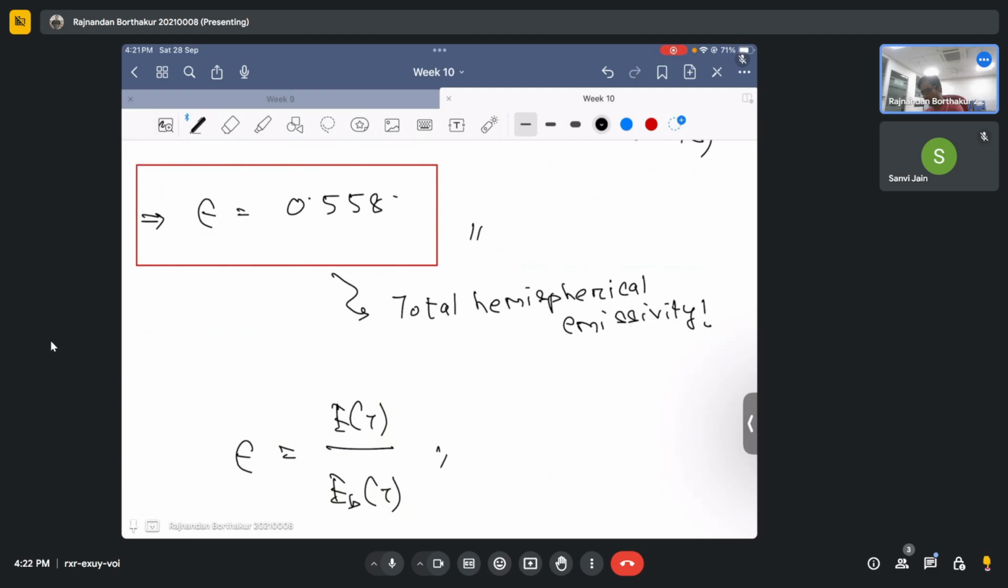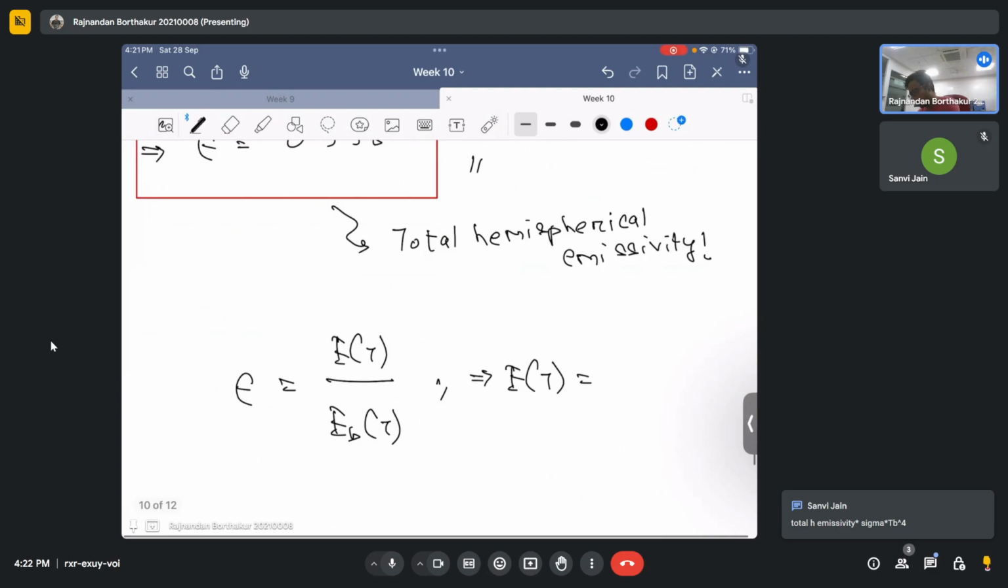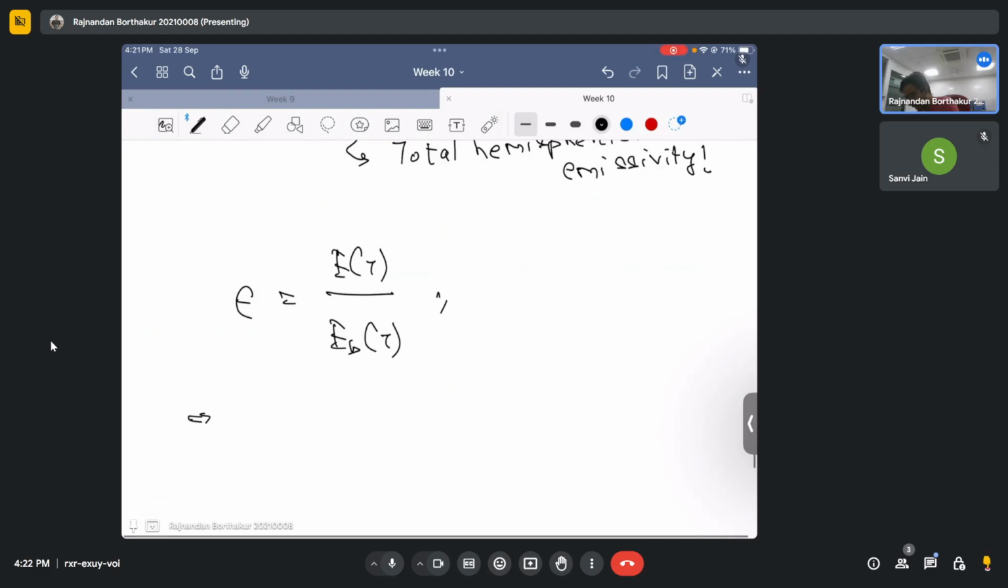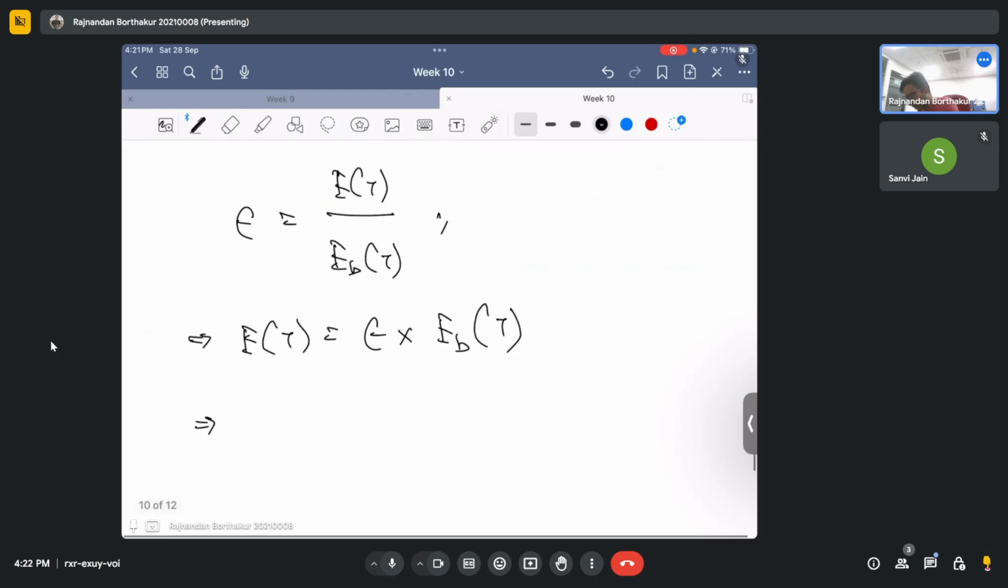Which means my total emissivity, or the total hemispherical emissive power to be precise. Yes, exactly. The total emissivity times sigma times T_s raised to the power 4. Exactly. That's what you need to do basically. Okay. So the total hemispherical emissive power, this E_T, is nothing but the total hemispherical emissivity multiplied by the emissive power of a black body, which is E_B of T. And as you have rightly pointed out, this